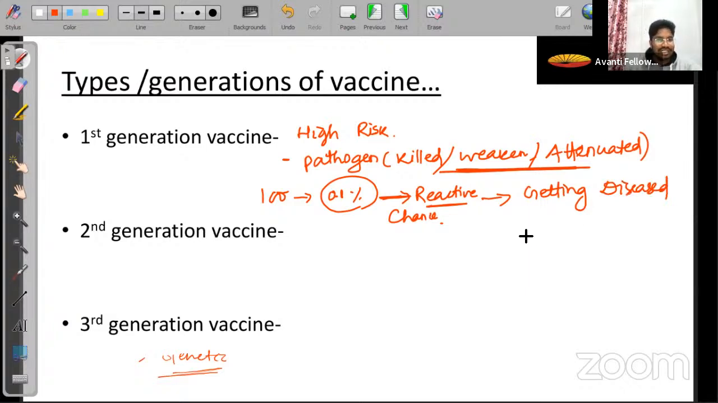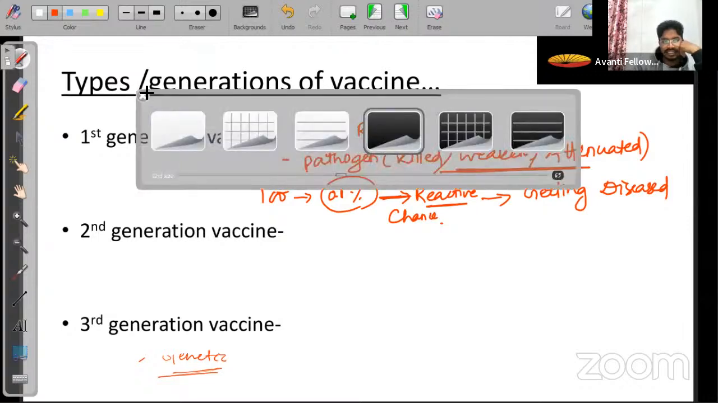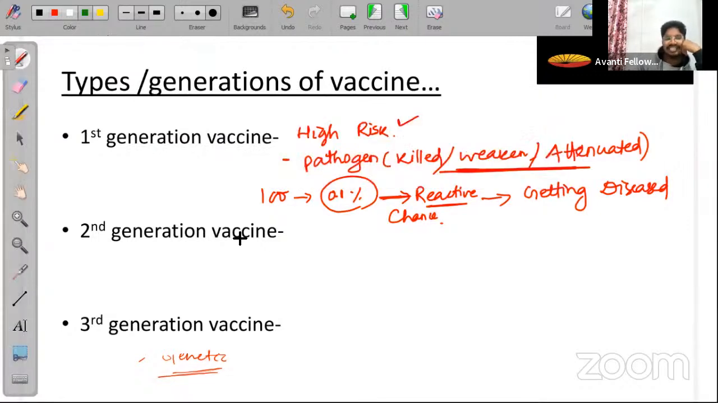So this is the first generation of vaccine, where we have high risk. Okay, next will be your second generation of vaccine, and the second generation of vaccine explains that in this case the weakened pathogen are not given. Instead of pathogen,